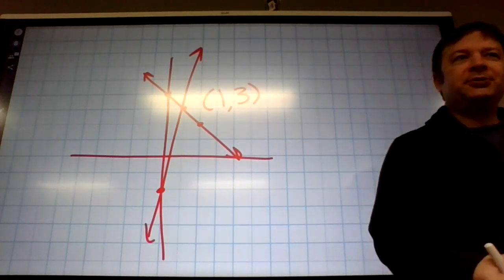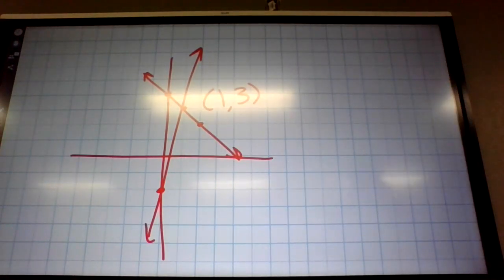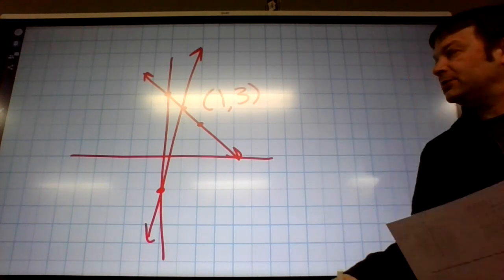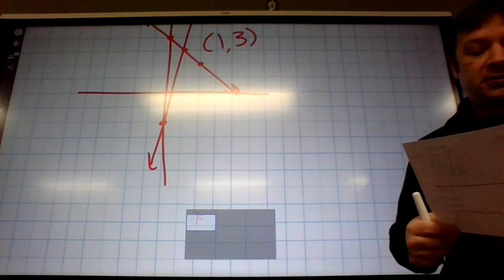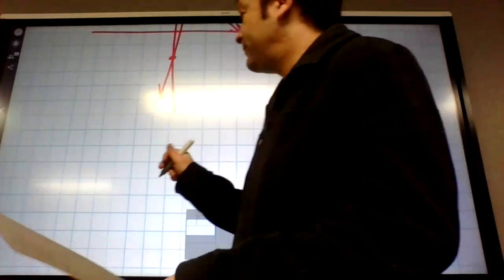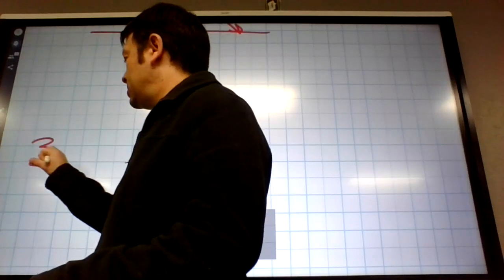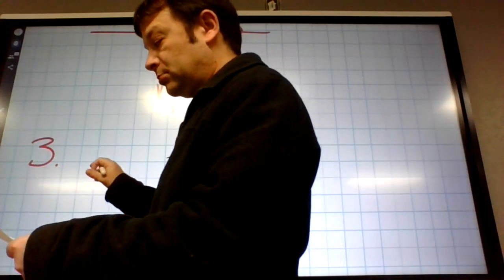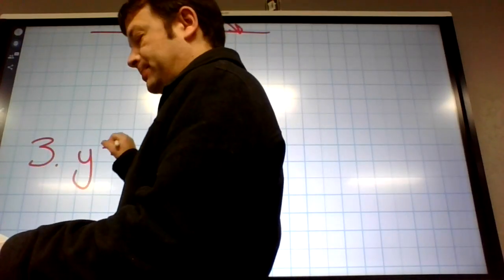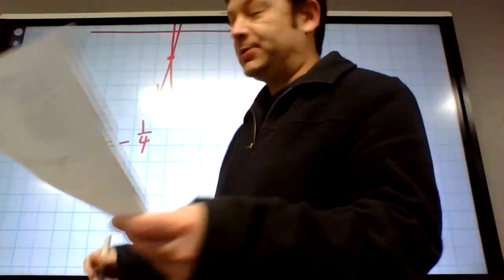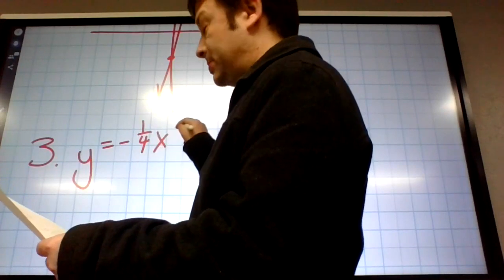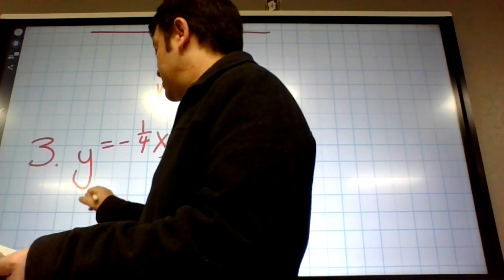So you could check the solution how? If you put it in both equations and it works in both equations, you know you got it right. I'm not going to make you do it. But if this was a test, I would highly recommend it. Okay. So on 4, it's not in slope-intercept form, so that's what you're going to need to do first. But on 3,